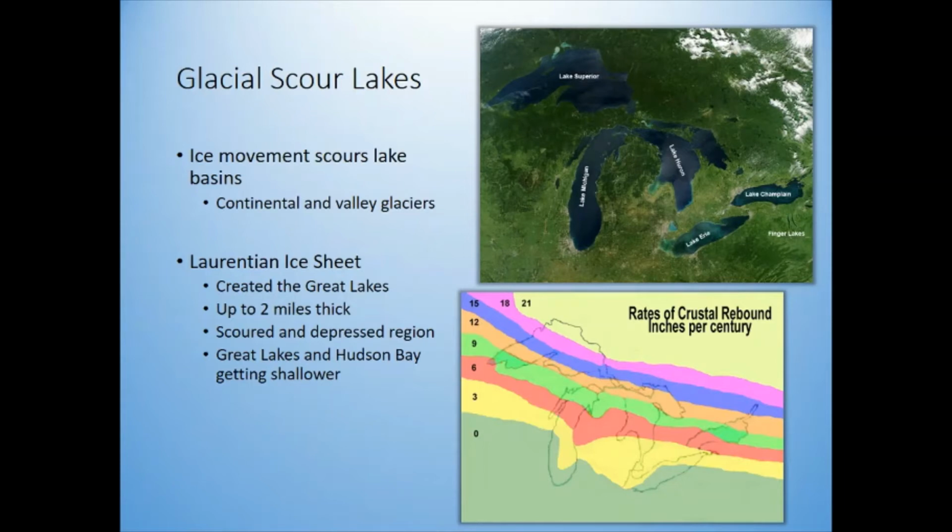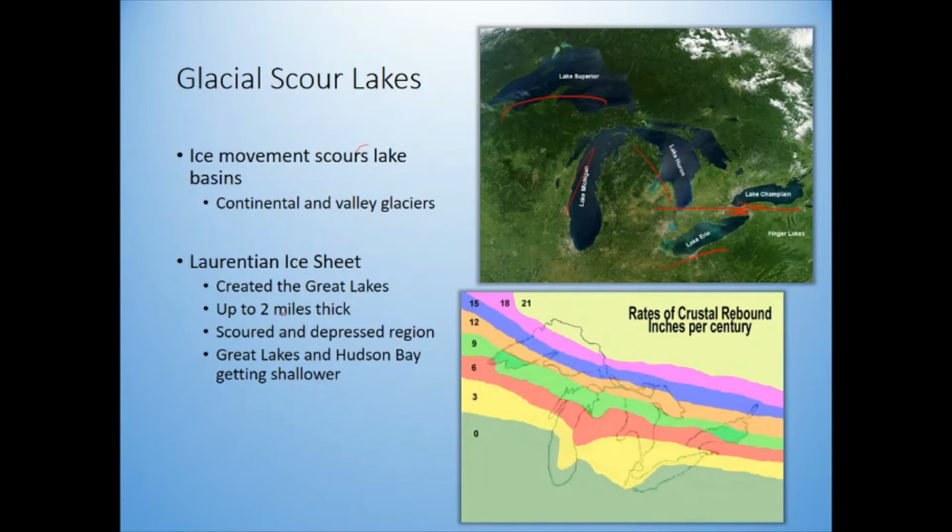The Great Lakes were caused by the Laurentian ice sheet. If we think about this big ice sheet that was moving from Canada down, it was 2 miles thick and it was moving. So it's basically like a giant bulldozer that scraped out Lake Superior, Lake Michigan, Huron, Erie. And this is labeled incorrectly. I pulled this just off of Google Maps. That's interesting, that's Lake Ontario. Not sure why that is. Lake Champlain is actually just a tiny little lake in between Erie and Ontario. Anyway, just realized that. Sorry.